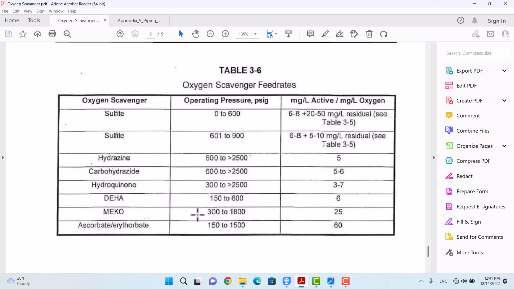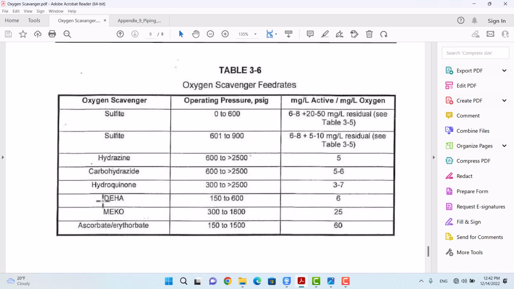Here is the table, a good table, and I love this table. I have used this table in the past. This table summarizes all we have talked about: the oxygen scavenger types, their operating pressures, and the required ppm of each of them for a boiler system, for water systems. As you can see here, we talked about sulfites, then hydrazine, then carbohydrazide,